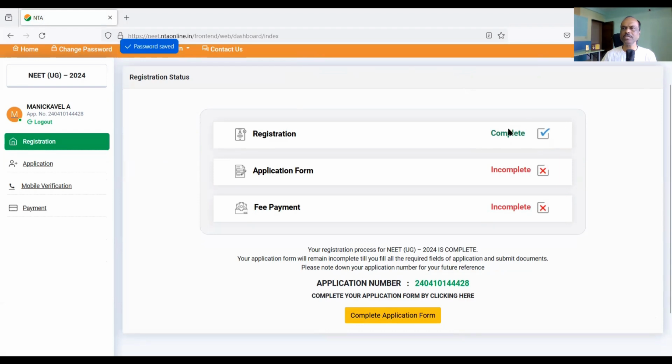Right, so registration, there are 3 steps as we have seen earlier. There is a registration step, application form and fee payment. We have completed the registration. Now we can move on to the application form. It is incomplete. So you can see on the left hand side, you can